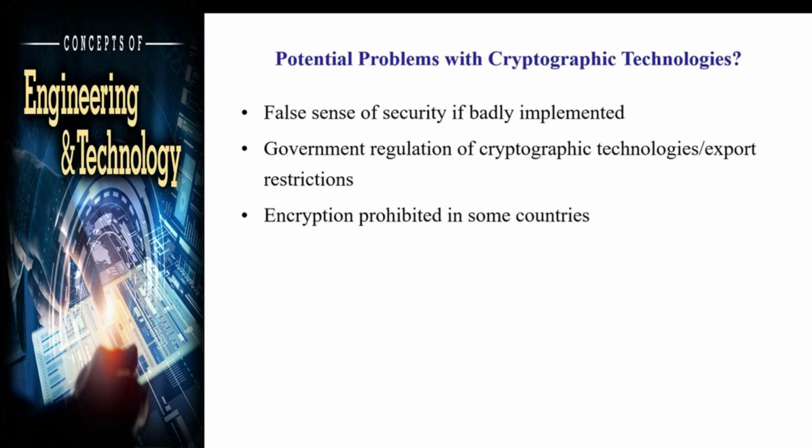The potential problems we have with that: sometimes a false sense of security if badly implemented. Then the regulations, when you are adopting this, the restriction policies from government agencies and all those things. Some countries restrict the provision of encryption. This comes from the problems of cryptography. But when you look at security information, we need to go for the